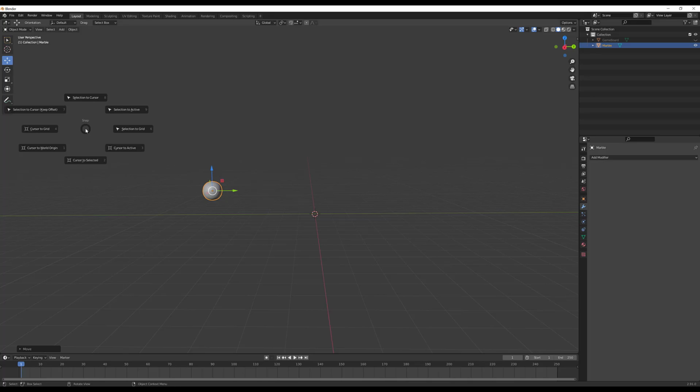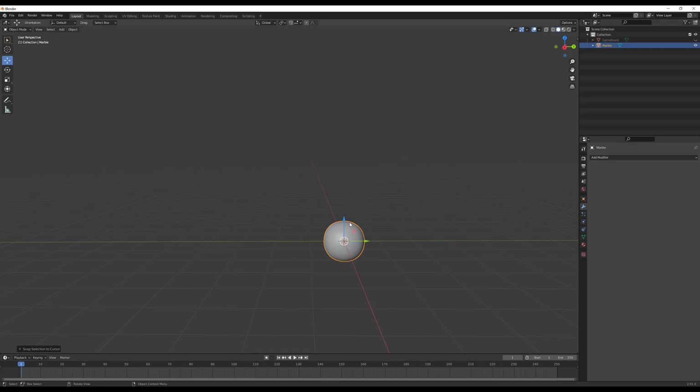Or Shift S rather. And I want to move my selection to my cursor, selection to cursor. And then there's all these other options: cursor to selected, cursor to active, selection to grid, all this stuff. So if I click this, notice that it goes to my 3D cursor, which is in the center. All right, so now that we're there, what I'd like to do is also unwrap this so that I can